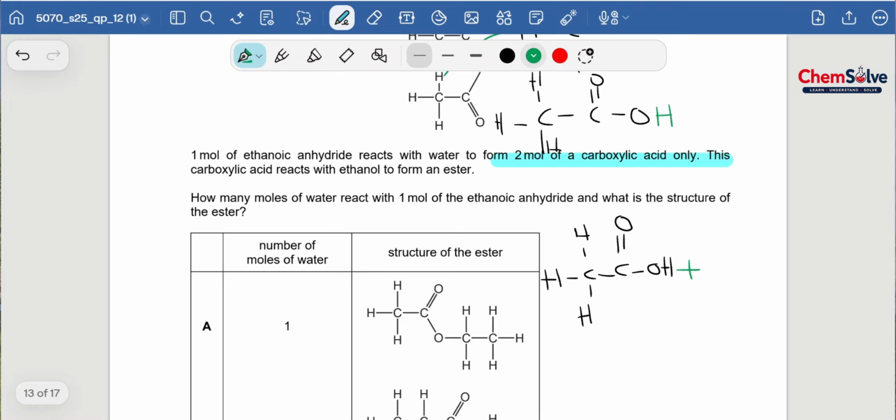So for ethanol I have this structure. And what will happen? OH from here, H from here will be removed and the resulting structure would be